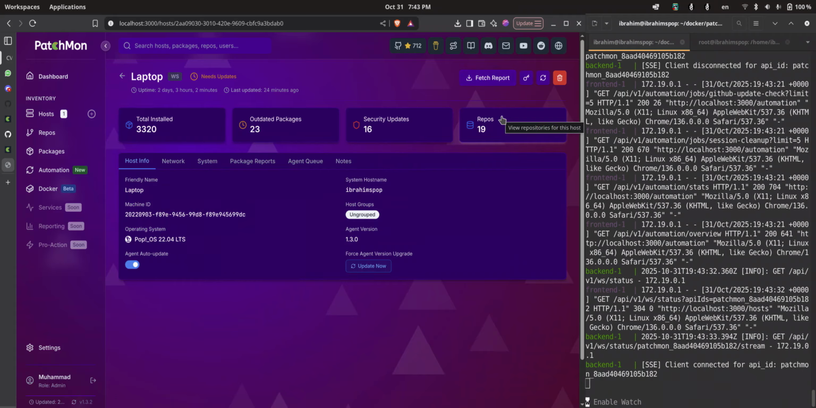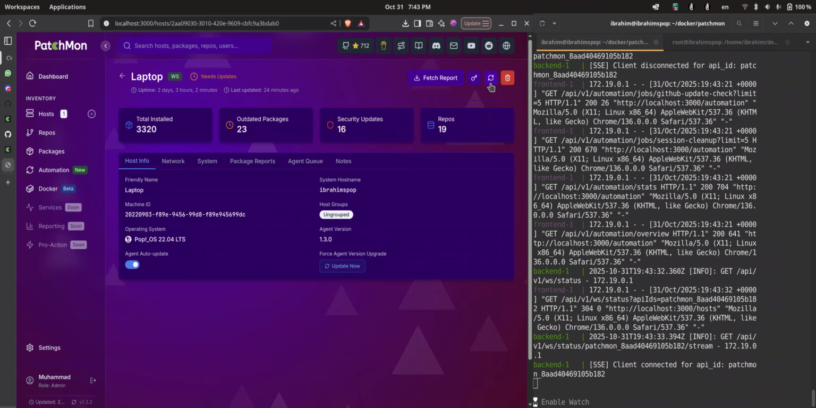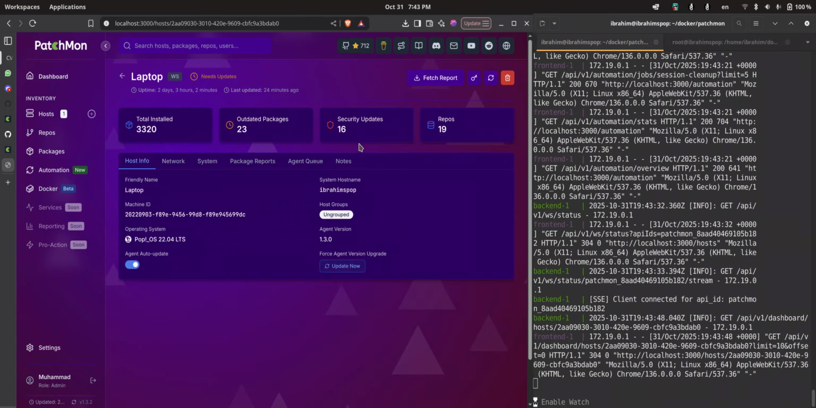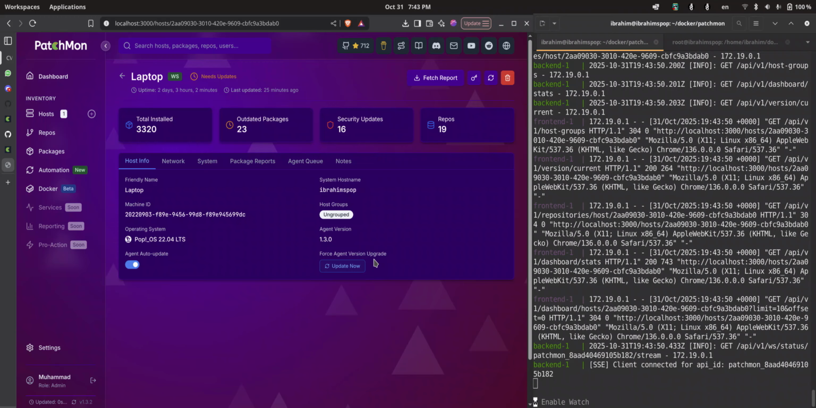Now, we've just upgraded and updated this server to 1.3.2. However, we're not actually seeing the agent version update just yet. So let me just refresh this because it might have done it. No, I don't think it has yet. Okay, so